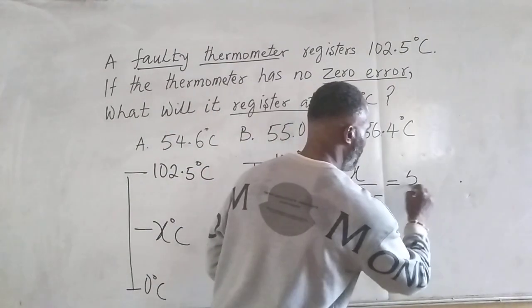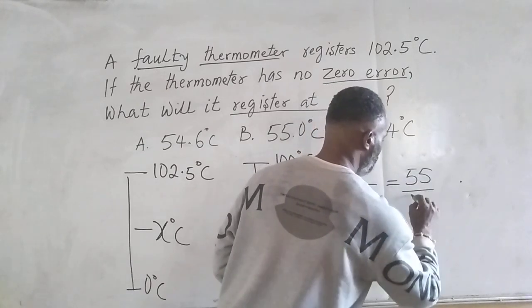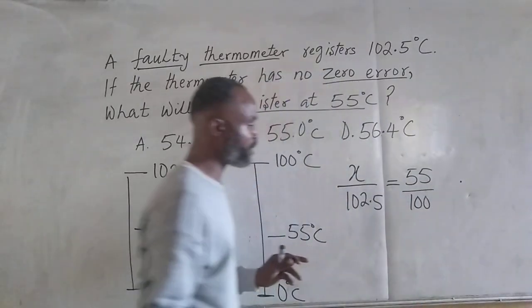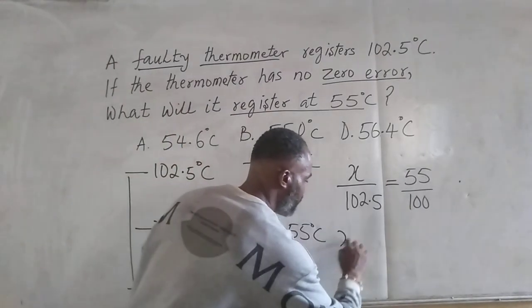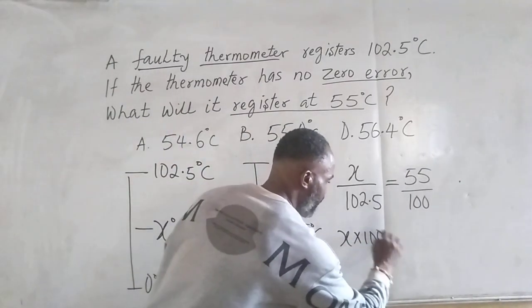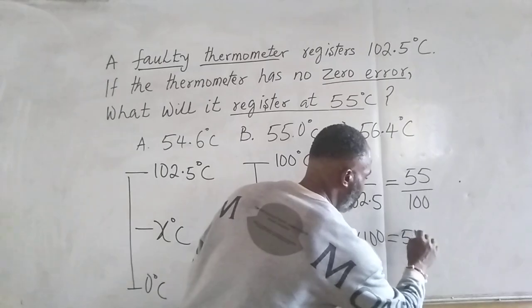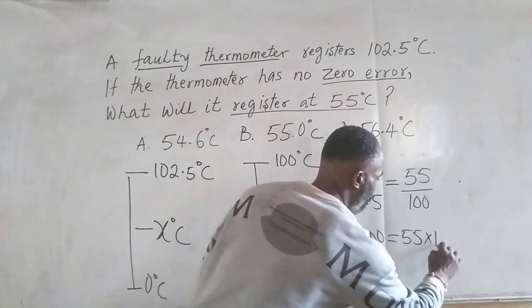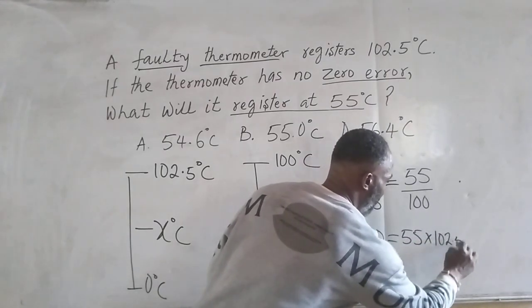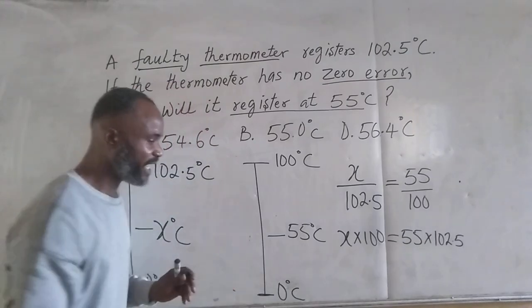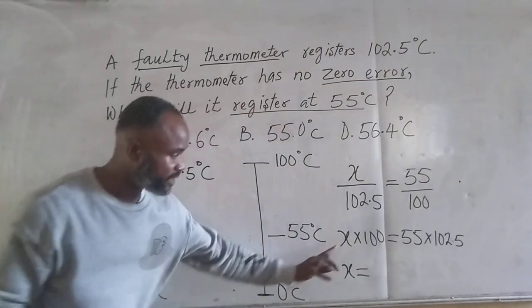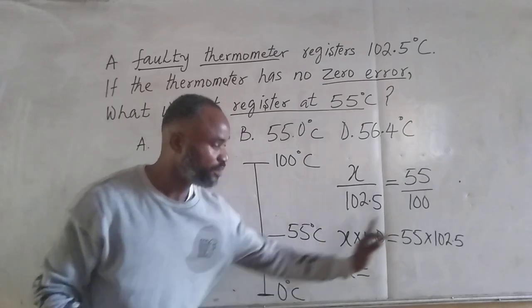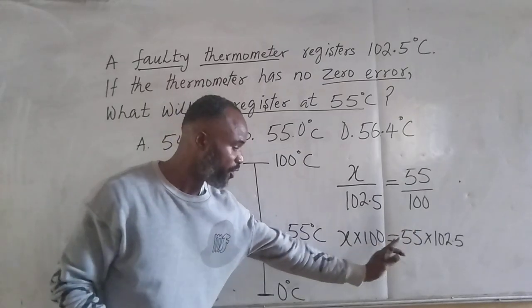If we do this simple cross multiplication, we have x times 100 equal to 55 times 102.5. And finally, if we divide through by 100,